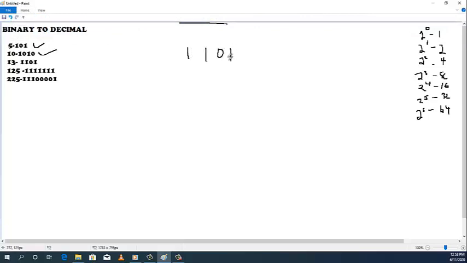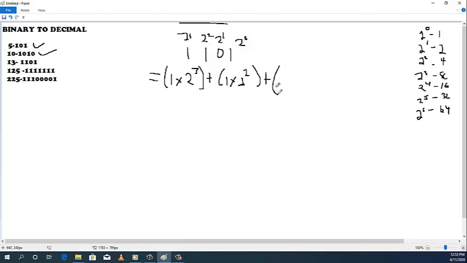1101. First, you have to assign the powers of 2. 2 to the power of 0, 2 to the power of 1, 2 to the power of 2, 2 to the power of 3. Exactly. Now the next step, we have to multiply the binary number with the powers. So it's 1 times 2 to the power of 3 plus 1 times 2 to the power of 2, okay, plus, open bracket,